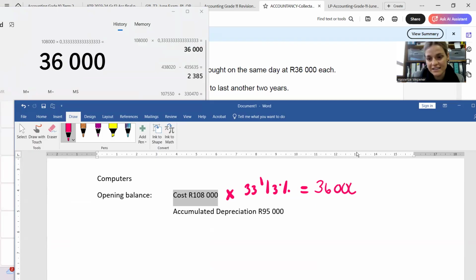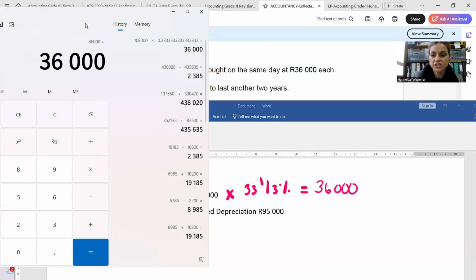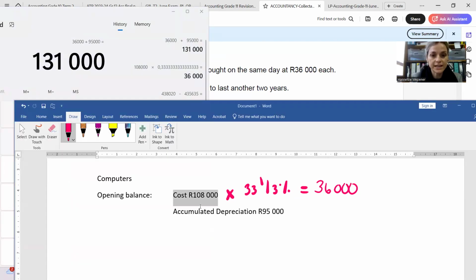So they are saying that this should then be your depreciation for the year. But you know that you always need to ensure that if you now record and post this depreciation, your accumulated depreciation is then not more than cost. And that is the case. So your cost is 108,000. If you now record and post this depreciation movement for the year, your accumulated depreciation at year end will